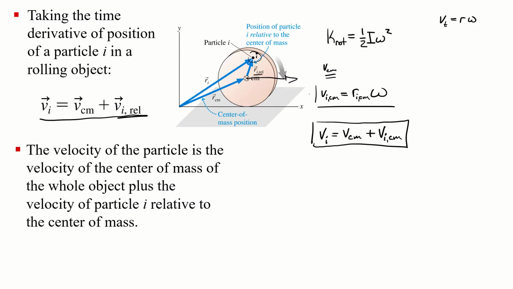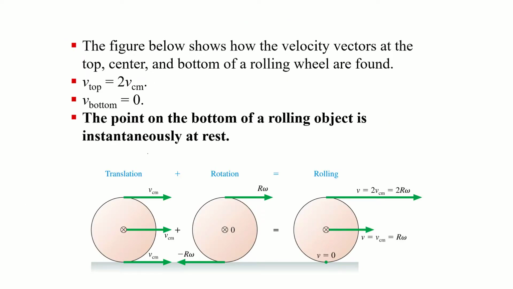This is a way I can calculate the speed of that object. Now, if we look at an object that's rolling, the way we think about rolling, which we discussed a lot when we were going through friction, is that it's rolling without sliding, right? The bottom of the wheel stays where it is relative to the ground and then comes off. So we know that the velocity at the bottom of the wheel relative to the ground is zero, by definition, because it's not sliding. It stays stationary relative to the ground when it's touching it.